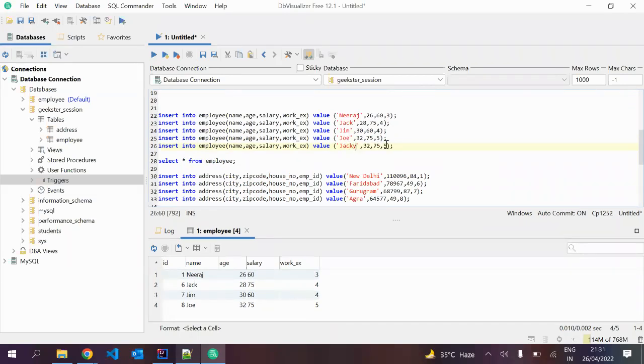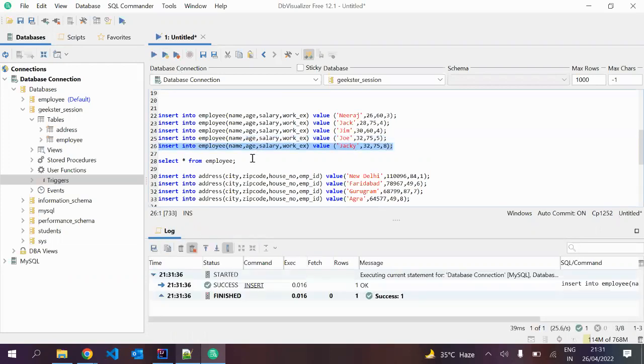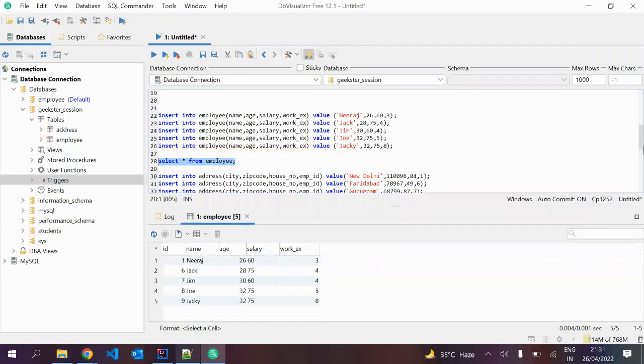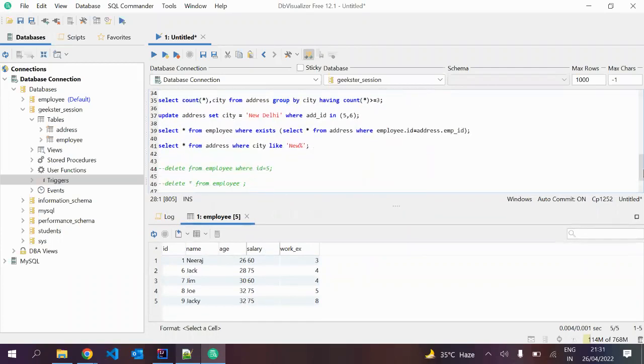Okay, 32, 75 and all, let it be same only. Okay, 8 year. ठीक है, now if you are adding this thing, okay, so it's got added and you will see now 5 records of the employees, 5 records आपको मिल गए employees के. ठीक है, now with this particular query, whatever we wrote for the exist,